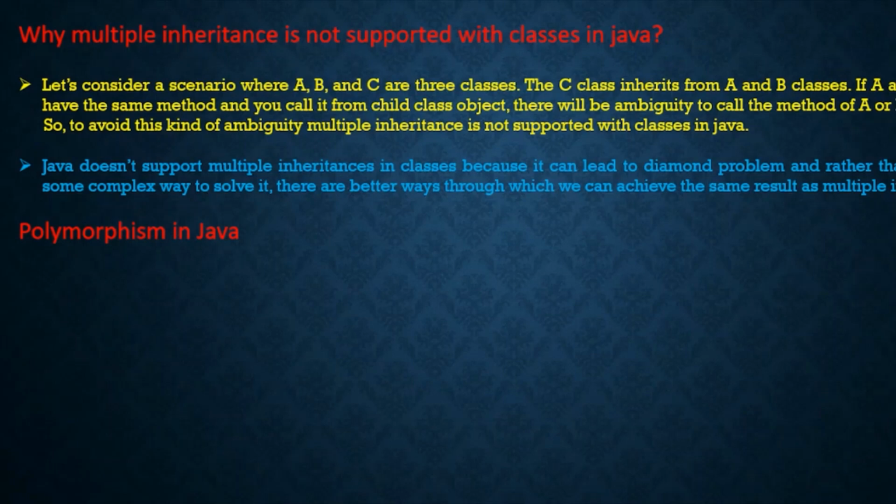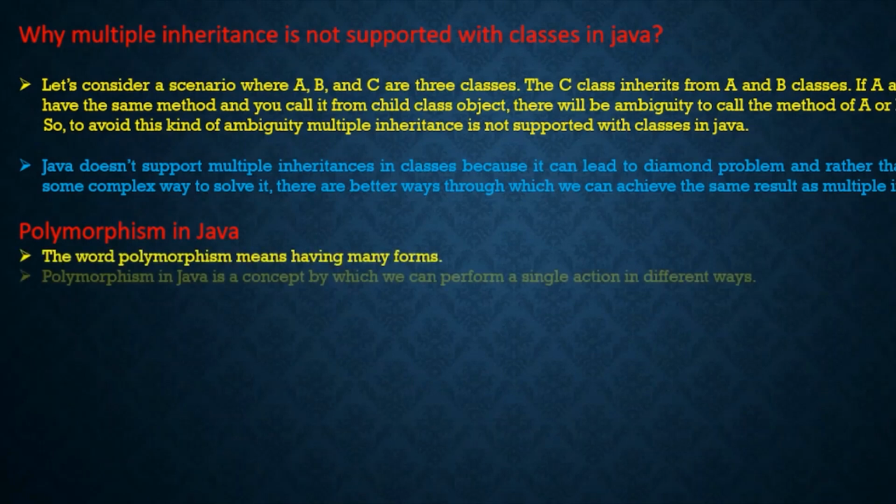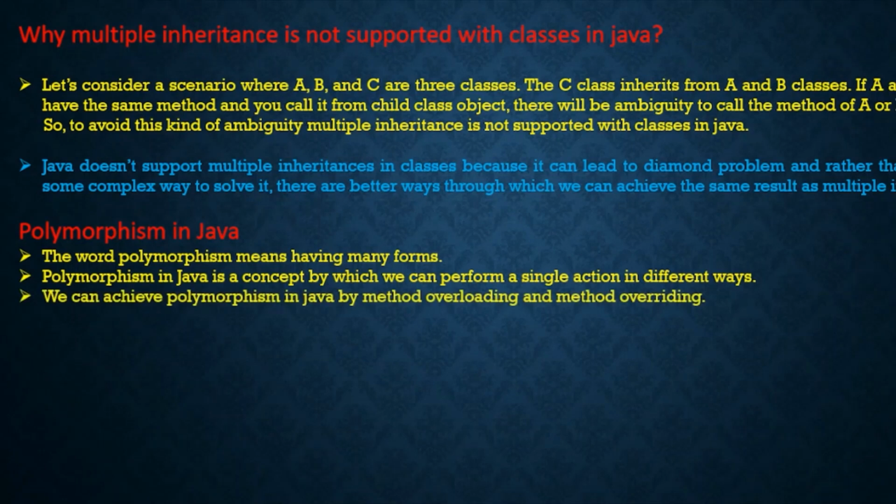Polymorphism we can achieve through overriding as well as overloading. Okay, I will tell what we mean by overloading and what we mean by overriding. I will let you know. Okay,